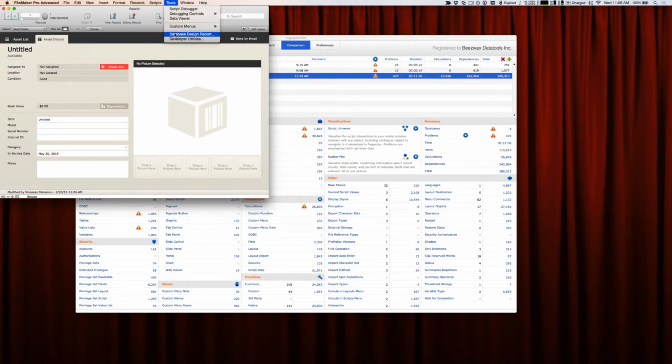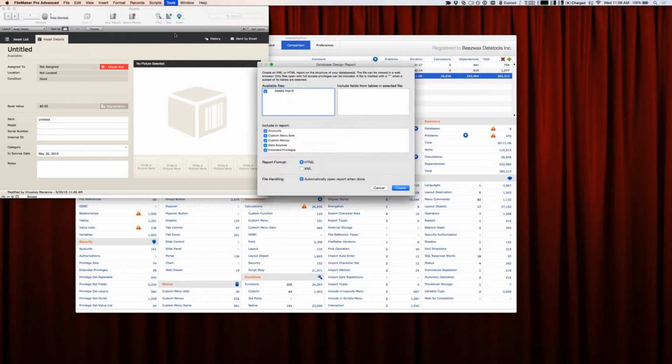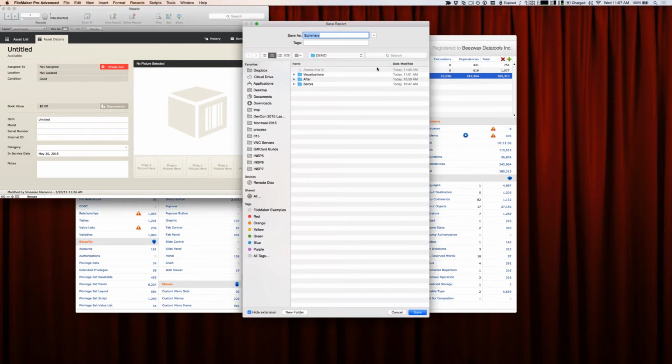Basically, you need FileMaker Advanced, because FileMaker Advanced has the database design report capabilities. You bring up from the Tools menu, choose Database Design Report. You'll get this dialog, and what you'll want is the XML output, and you do not need to open the file once it's done. All you need to do is save that output. Don't uncheck any of these options, because basically if you do and you've got, let's say, value lists that are referenced, they'll be broken. So make sure you just leave everything checked as is. Go ahead and create it, and